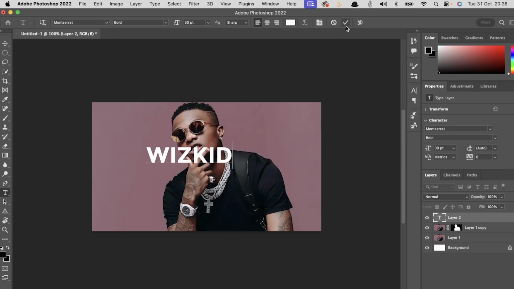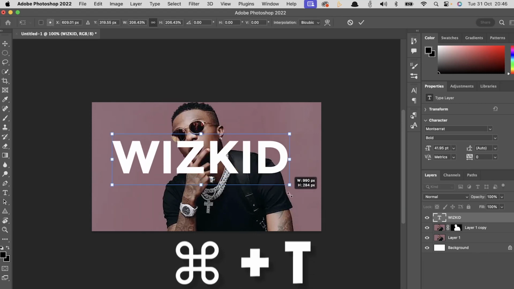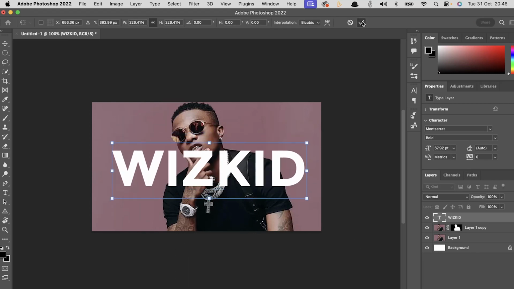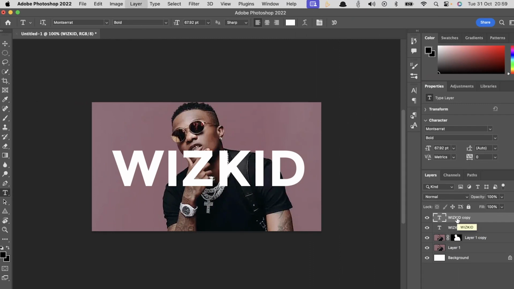Commit the text by clicking on the check mark above and then scale the text by pressing Command T and commit the changes. Next, duplicate the text layer by pressing Command J and placing the duplicate beneath the first image layer with the mask. Select the text layer above the image and add the stroke effect by clicking on the